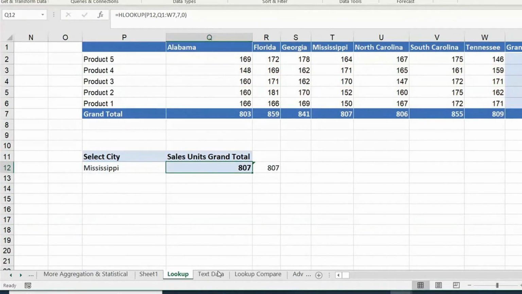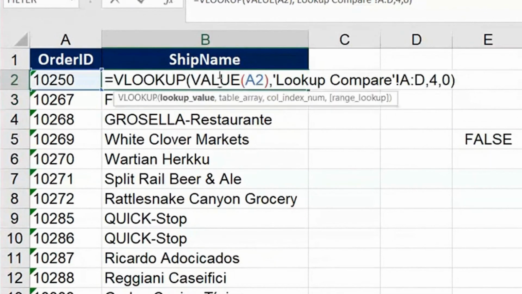And then we also saw some kind of problems we face. If a number is really not a number, if it is text, you can make use of this VALUE function, which is really wonderful. It can convert a text into a number. A number which is shown as text, it will convert back to a number.